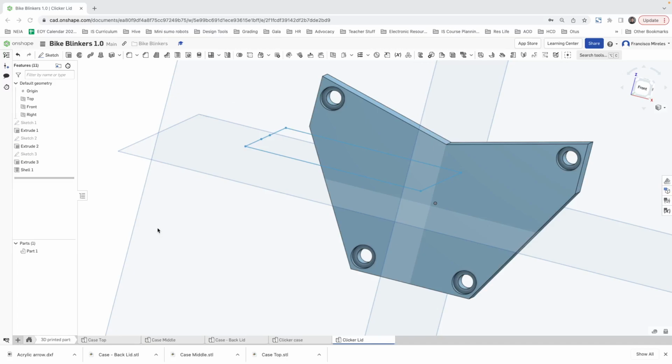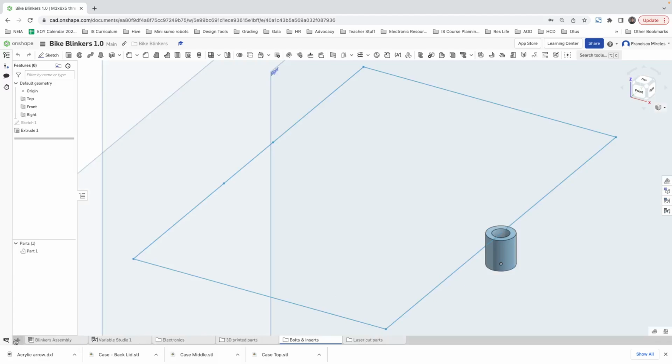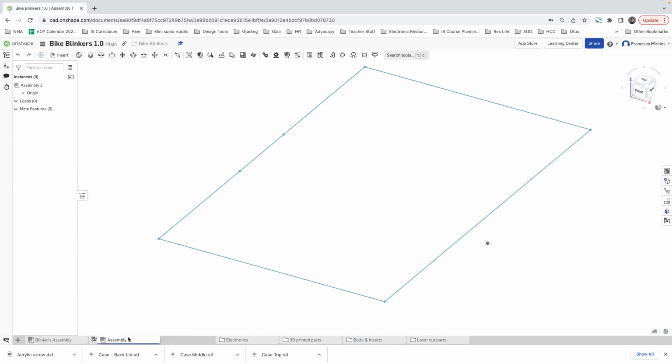I think I can do an assembly. So let's do here. Create assembly. Oh, this assembly should be in home, actually. Oh, wait, I cannot take it out. Right, anyway, I can delete it. And I can go back to home. I can do assembly. I can call it clicker. Clicker assembly. And now here I can insert